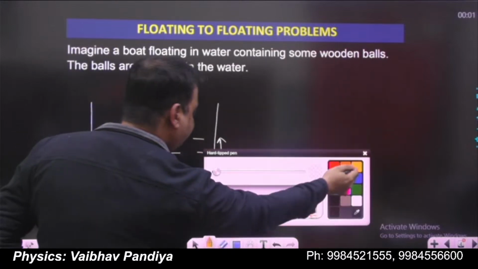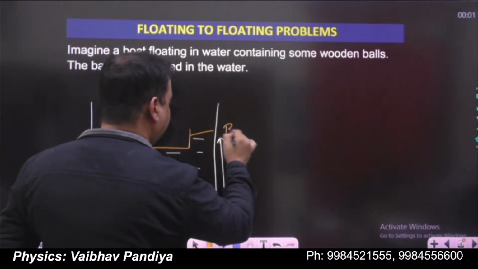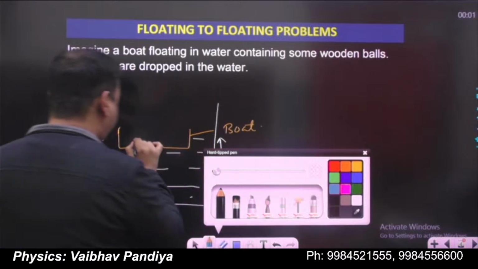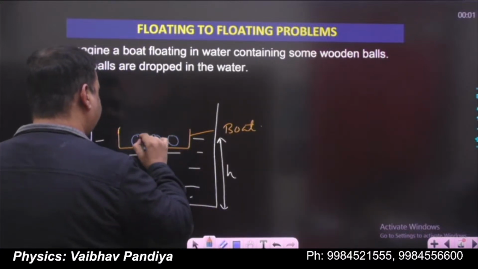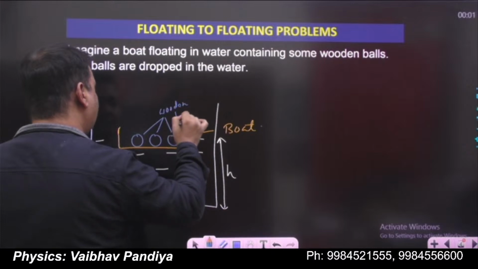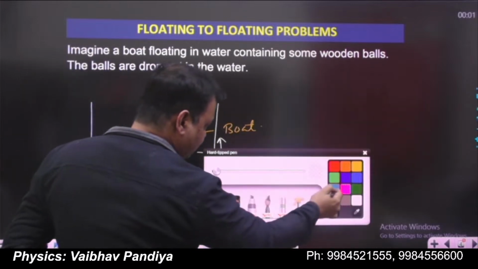There's no water inside the boat. So the boat is floating in the river. This is a boat, and there are some wooden balls. There are some wooden balls inside the boat. And say the level